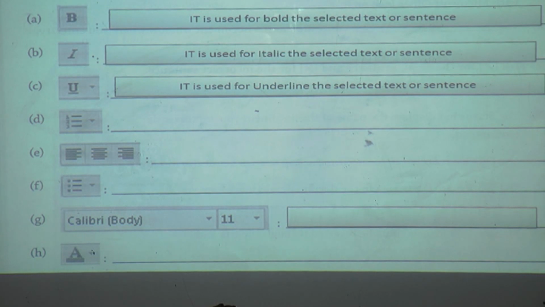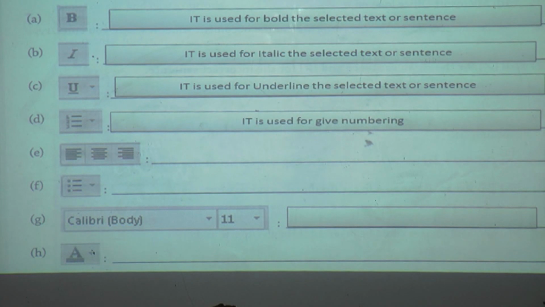Now what is the fourth one? See here everyone, 1, 2, 3 numbers are there. Then what is the use of it? It is used for give numbering. Why are we using this?